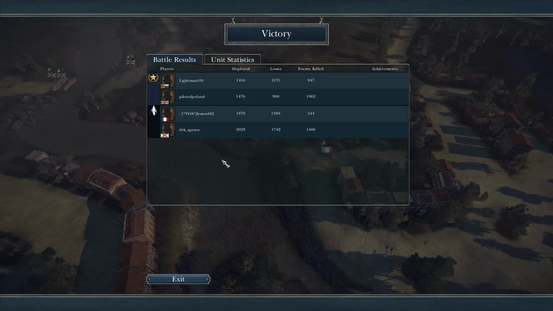So, nicely done to our team, actually. Very nice little turnaround, if I do say so. It was myself, Lightman, and Pilot of Poland versus Lesov and Dirk Spence. Great names. So, yeah, deployed some guys, killed some guys. I did a bit more damage than the French player. So that's something, I suppose, but you saw how the French player acted, so...